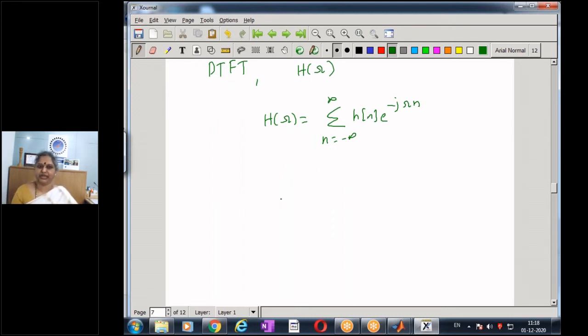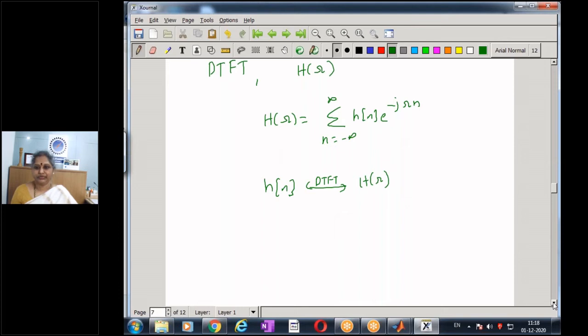To represent it, I can say h[n] has a discrete time Fourier transform H(omega). Once again, there is a unique relation between the time domain and the frequency domain. So we were doing the convolution sum, and then we were checking a property on the convolution sum, and we have moved from the time domain to the frequency domain through this expression. And this also took us to a simple method of testing the system for linearity by giving sinusoidal signals as an input to the system.